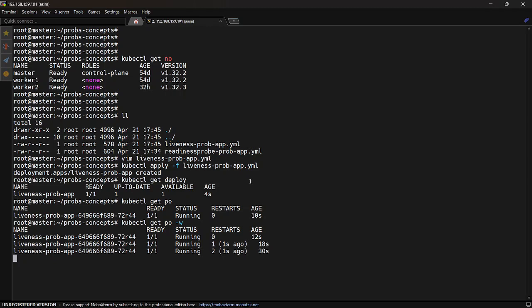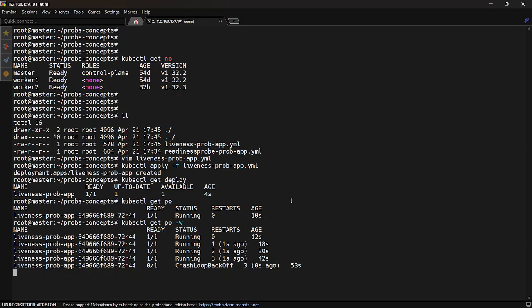So whenever it is going to restart, at that time the application will not be available. But remember, during these 4 seconds, the container is running, it's in ready state 1 out of 1. The service attached with this container, this pod, is sending the request to this pod, but the end user is not able to get the /api. So this type of liveness probe we can use if this /api is not reachable due to some